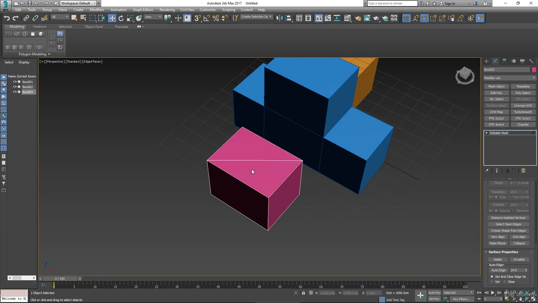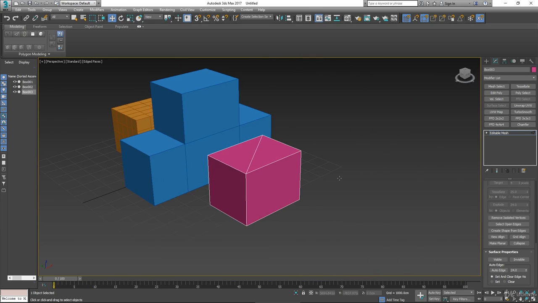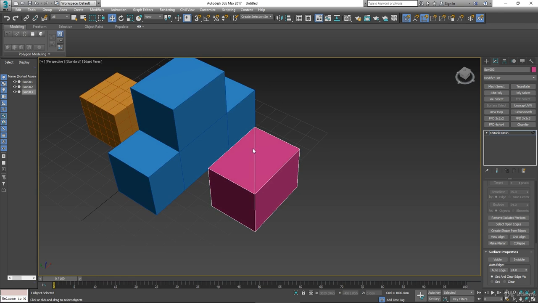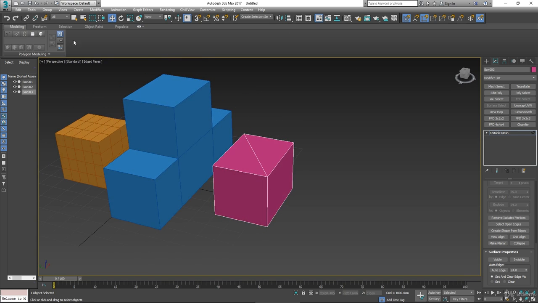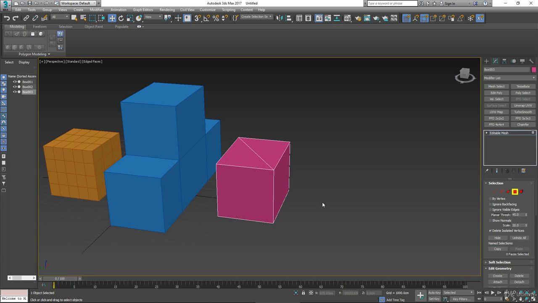But I have these two triangles on the top. Occasionally, you really wouldn't want to do this too much unless you knew what you were doing and you had a very specific reason for it, because it's quite messy. Like I said before, you haven't got all the tools. So if I go back up here and click on my polygon, see, I've got no tools to help me edit this. It becomes quite a cumbersome procedure to edit your mesh, very old school,